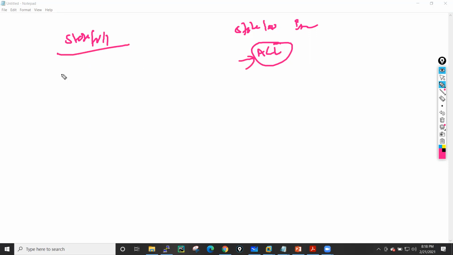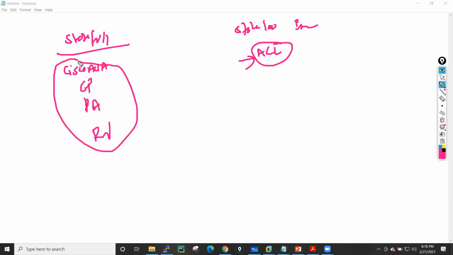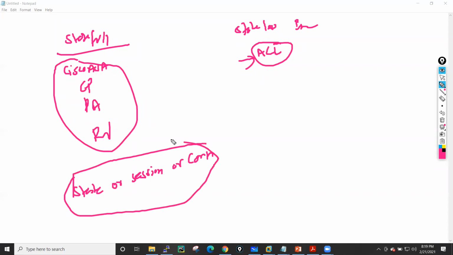And all the firewalls like Cisco ASA, Checkpoint, Palo Alto, Fortinet are stateful firewalls, meaning they will create a connection table or state table. This table we can call a state table, or sometimes people say session table, or connection table. All these are the same thing. In the Palo Alto world, the table is known as the session table. In Cisco, they call it a connection table.